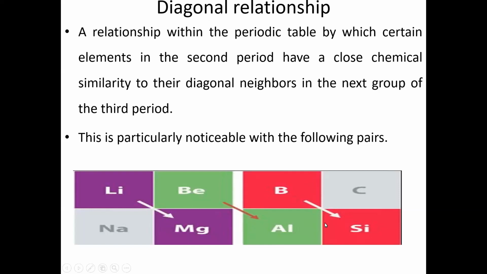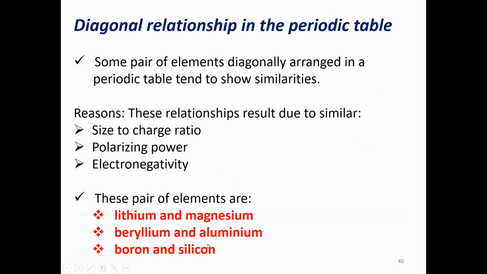That is where they usually have a close chemical similarity. So we usually have a diagonal relationship between lithium and magnesium, beryllium and aluminum, boron and silicon, and so on and so forth. The other should be sulfur and phosphorus. So now,